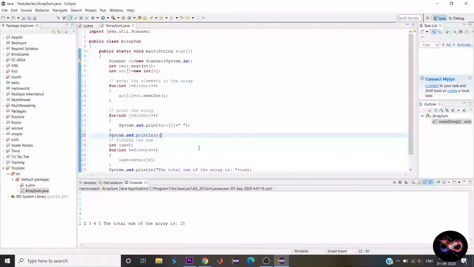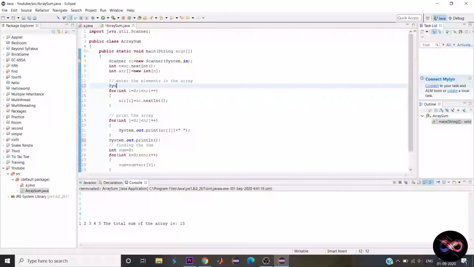It will add a new line, and the next line will start from the line below. So let's add some more statements. So System.out.print, enter the elements in the array.